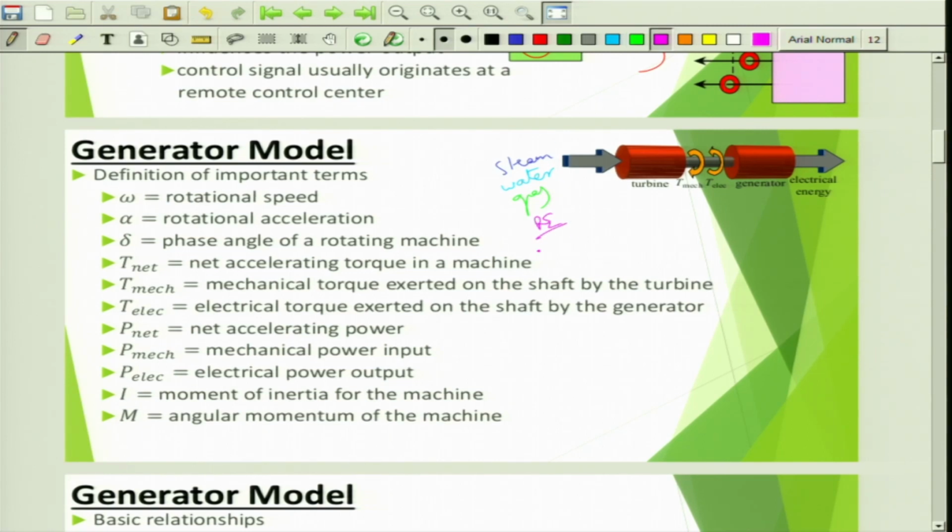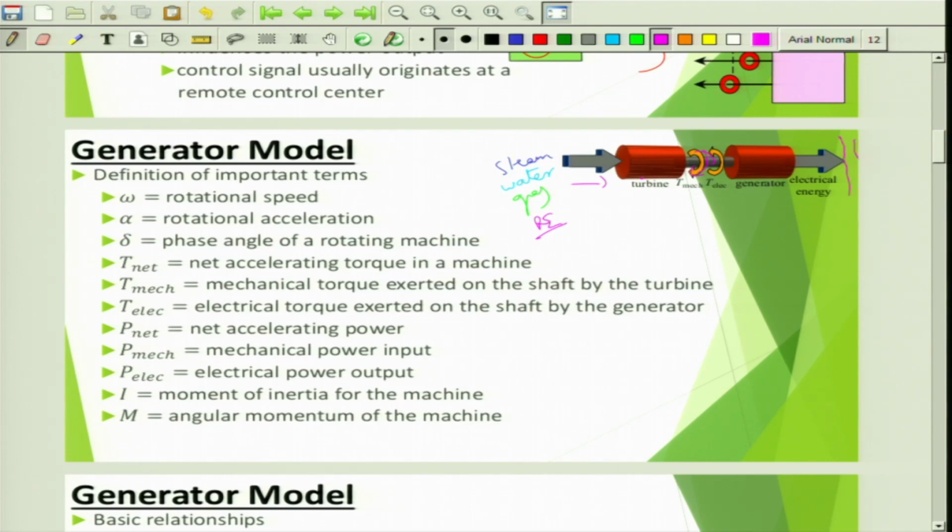So, whatever is the input, there is a force which makes the turbine rotate, and that is coupled with a generator through a shaft, right, and ultimately you are getting electrical energy. So the turbine is producing mechanical energy. Let us say this is the mechanical torque that is seen, but if there is a load connected, let us say this is a utility, there will be an opposite torque being applied,